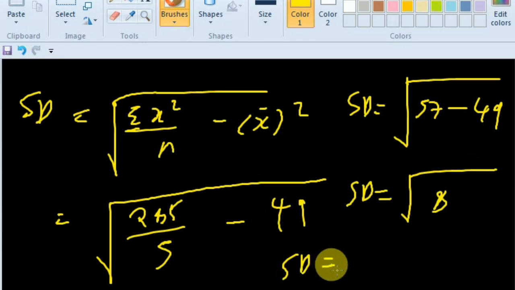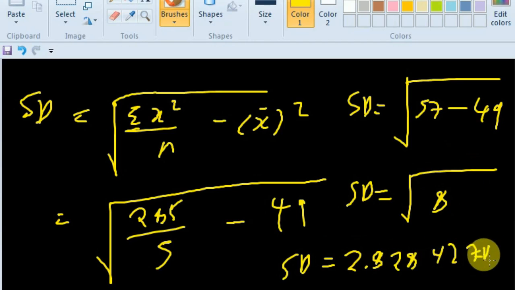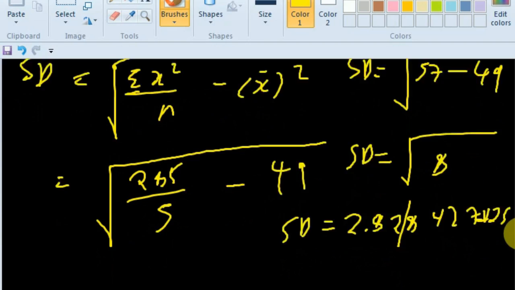Then my SD is equal to the square root of 8, that's 2.828427125, and if I round off to 2 decimal places, that's going to be